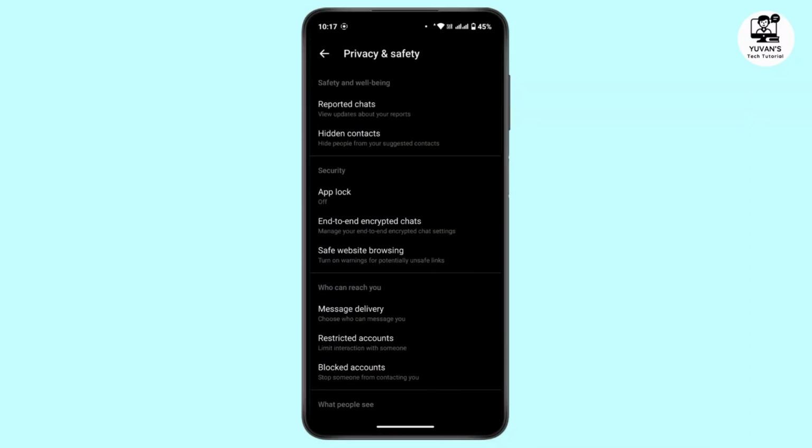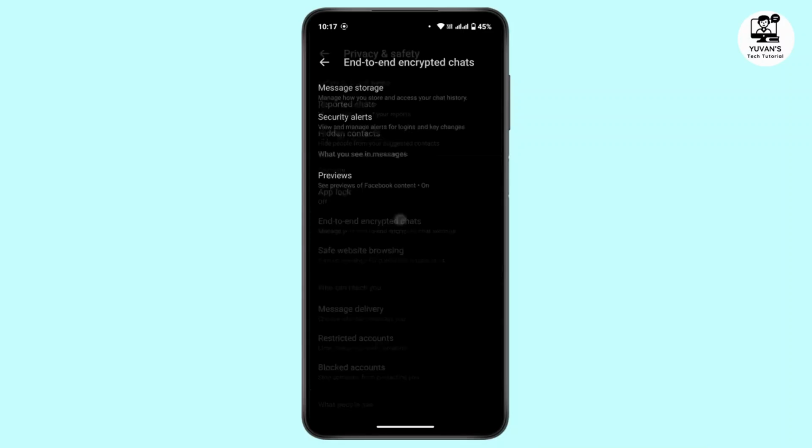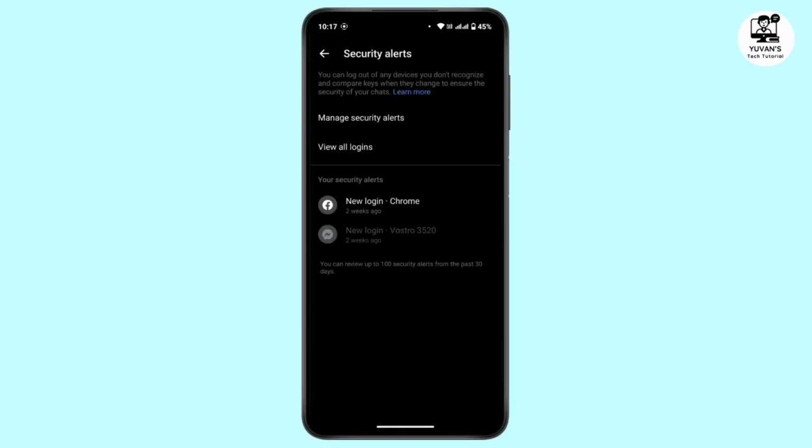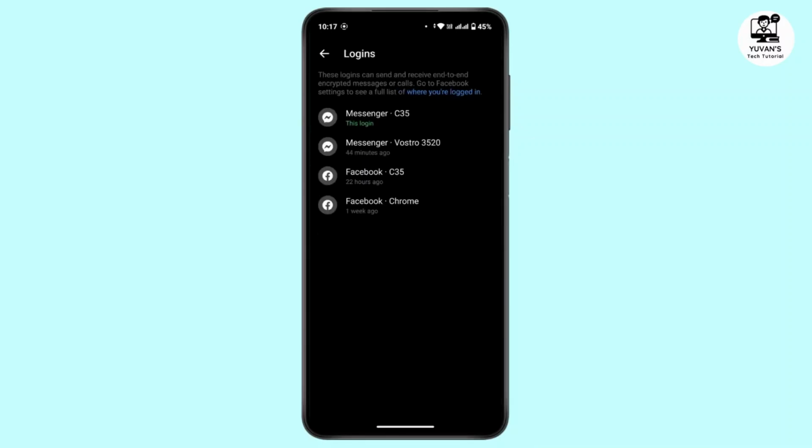And under this Privacy and Safety, you'll find End-to-end encrypted chats in the Security section. Tap on it. Now from this page, tap on Security Alerts. Then tap on View All Logins. Here, you will be able to view all the logins that can send and receive end-to-end encrypted messages